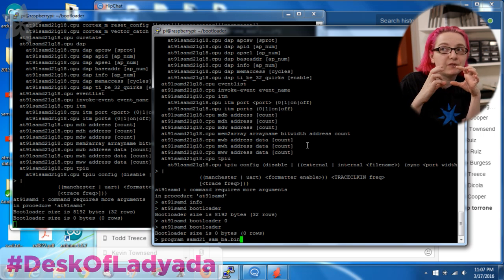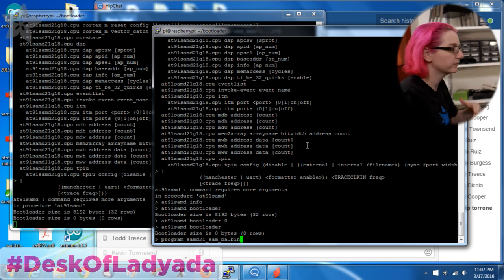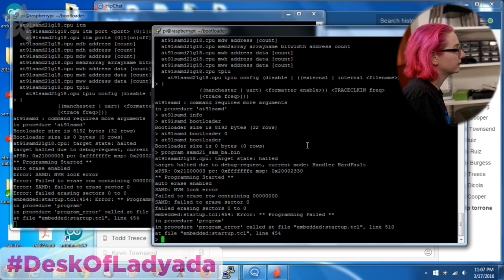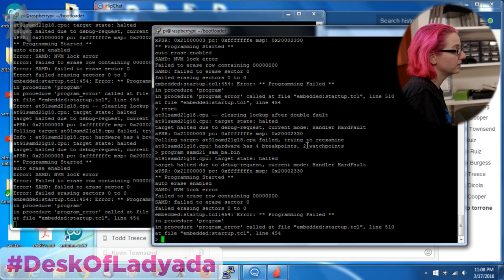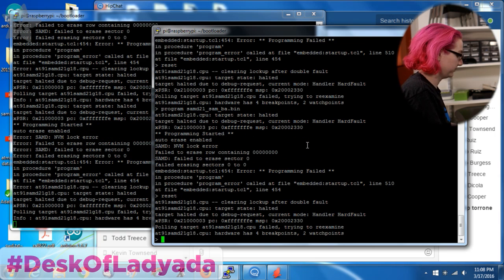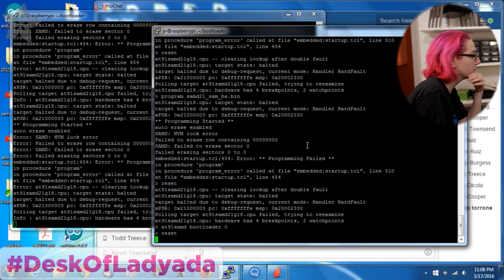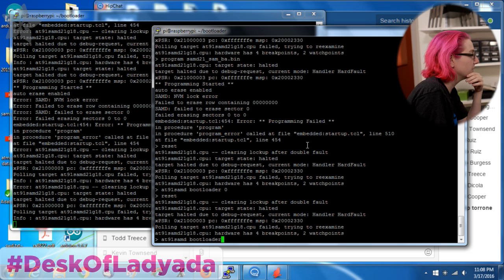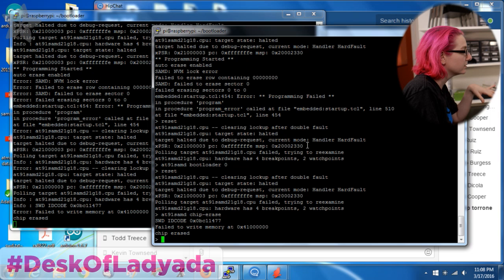So you basically set up your config files to be perfect, and then you just copy and paste it. It's a lot like make. These make files. So try programming. Okay, it still says it failed to erase the row. So let's try a reset and then try to program. No, I have to figure out, was it reset, chip erase, bootloader 0, reset, or maybe it's a chip erase. See, you have to figure out, do you erase the chip and then set the bootloader? Do you have to halt? I don't know. Let me check my,